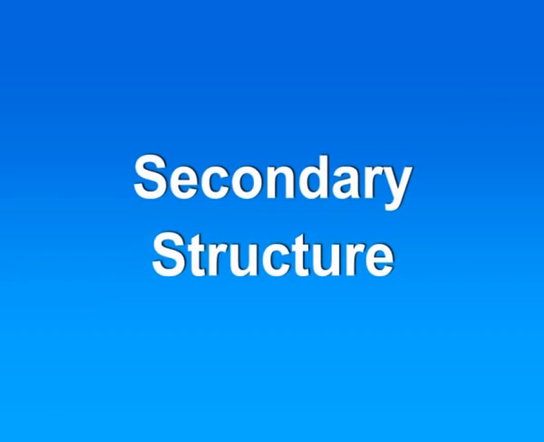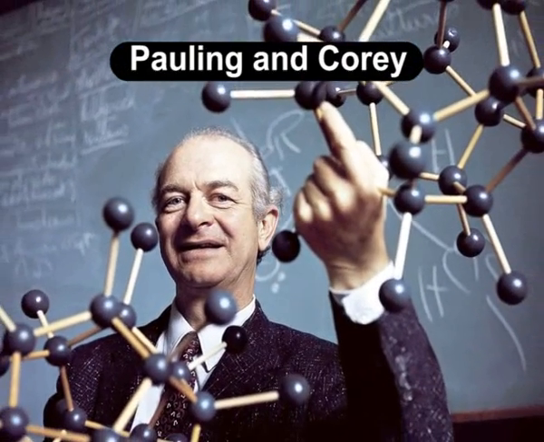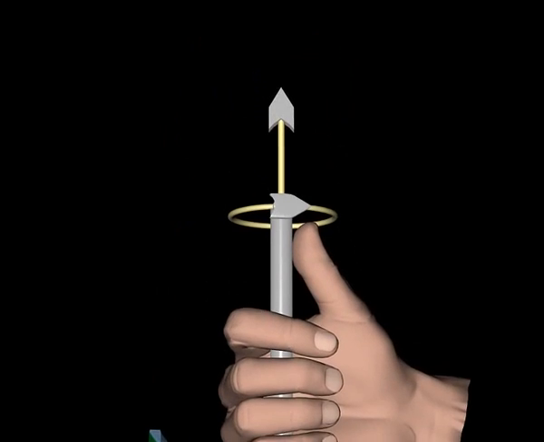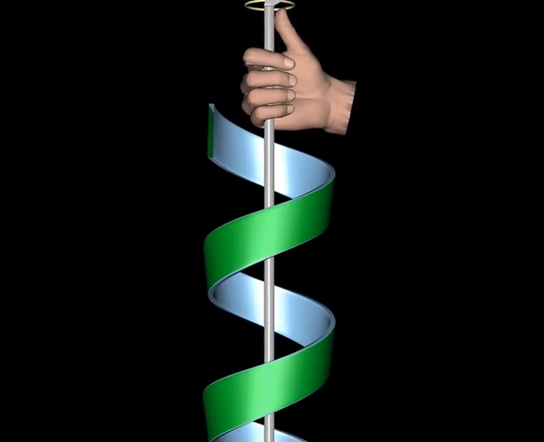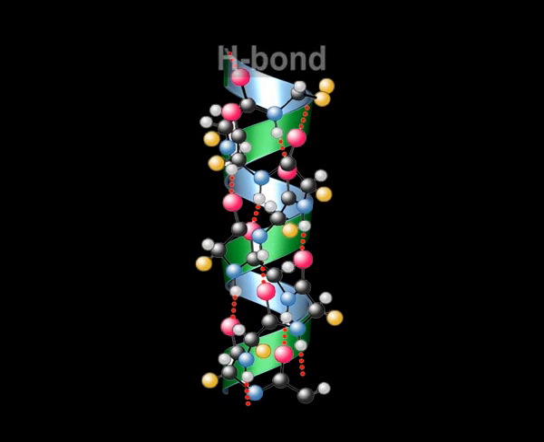Secondary structure. Pauling and Corey, by X-ray diffraction studies, found that the polypeptide chains are not straight but are folded and coiled to become orderly and stable elements of protein. This is called the secondary level of organization. The helical structure is maintained by a series of regularly spaced hydrogen bonds. This causes the peptide to twist or fold into two basic types: alpha helix,